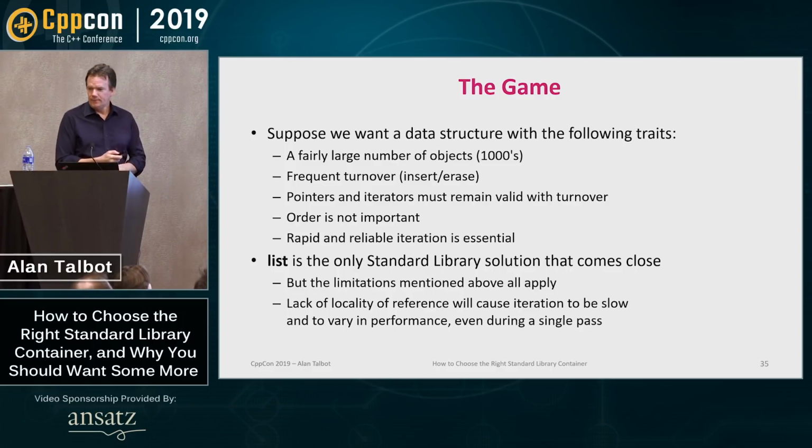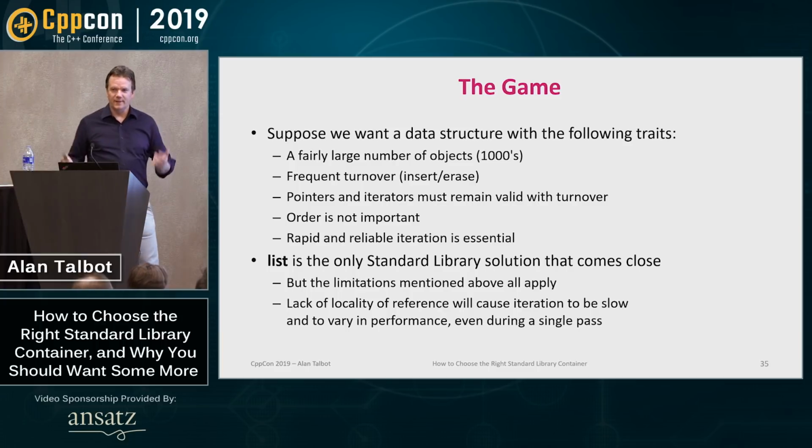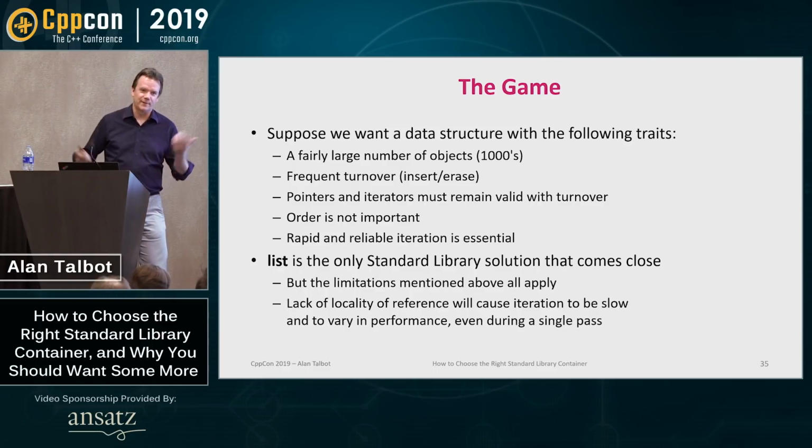So the next example is a pattern which is typical of certain kinds of games. Now, I'm not a game person, so this isn't personal experience, but I also think that this pattern is probably much more widely applicable than just for games. So the idea here is that we've got some number of objects, and we have frequent turnover, right? Some things are getting blown away, some things are getting created. You think about spaceships coming in, you're shooting them, but you're getting more ammunition. I don't know, I'm not a gamer, but